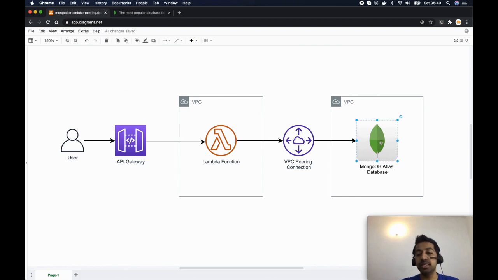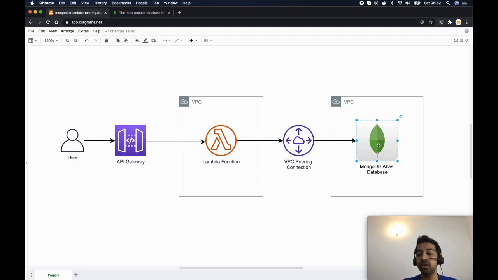So this database is accessed by a Lambda function and this Lambda function is fronted by an API gateway. So we have this front-end application that our users use, and the front-end application is talking to the API gateway, and the API gateway is then invoking this Lambda function, and this Lambda function has to talk to our MongoDB database that is in Atlas or mongodb.com. So what we want to do is secure this connection from Lambda function to MongoDB.